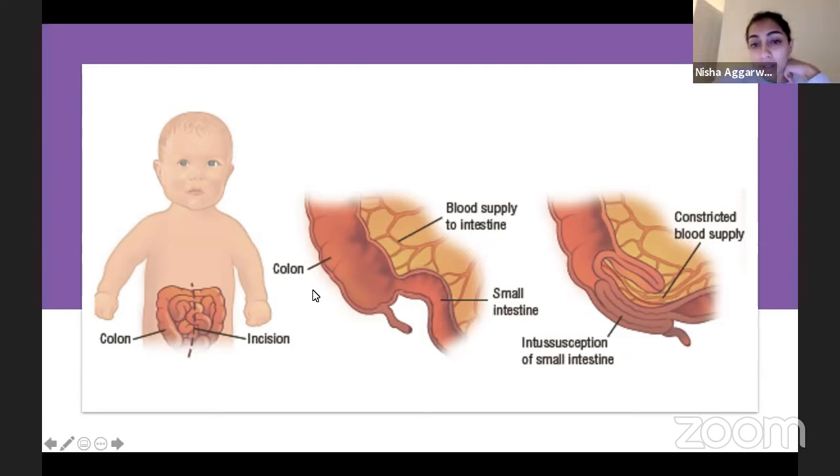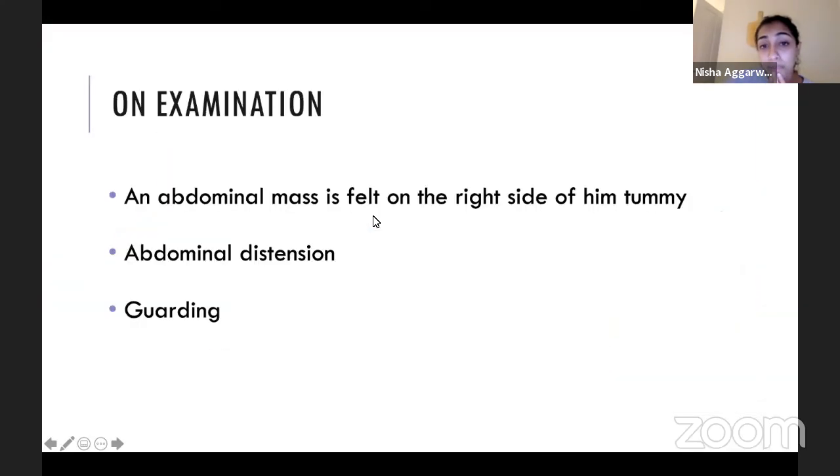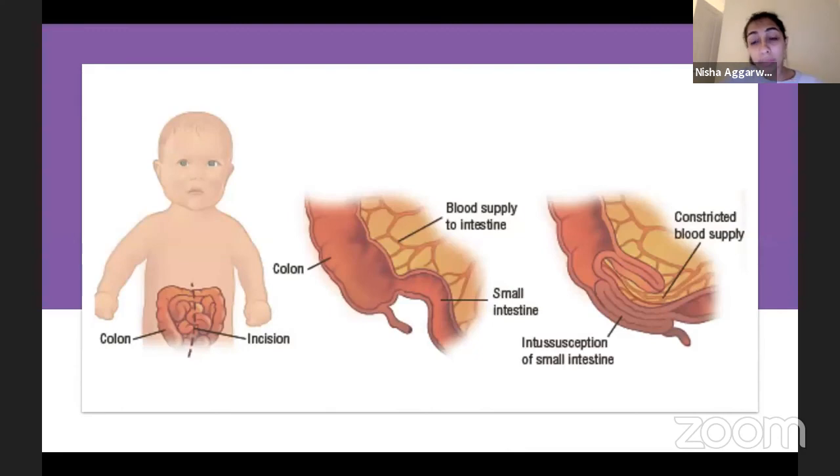So this is this bit here. Can you see my mouse? Yeah. This bit here is the ileocecal junction, and 77% of cases are there. So in the sense of this case, when he had right side of the tummy pain, that's where your ileocecal region is. So the things that should have hopefully made you think about intussusception in this child would